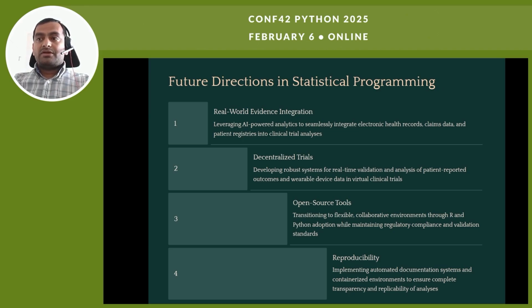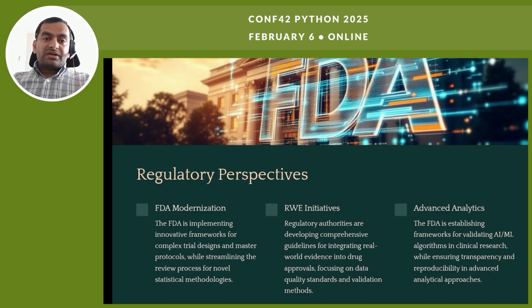for regulatory review. As the landscape of clinical trials evolves, regulatory bodies like the FDA are modernizing clinical trial processes by introducing innovative frameworks for complex trial design and master protocols. They are also developing comprehensive guidelines to integrate real world evidence with a focus on data quality and validation, and to establish standards for validating AI and machine learning algorithms to ensure transparency, safety, and support for advanced analytics in